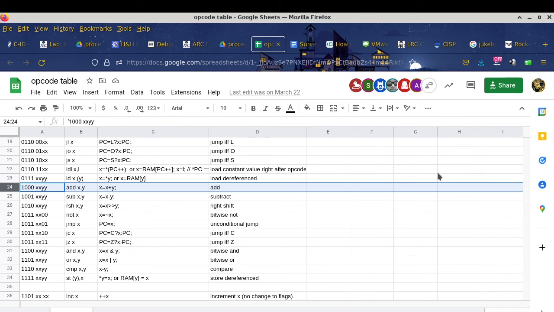And then we have ST. What is ST, right? Store. And the LD is load, and so on. You can actually see the description in column D. But this is called a mnemonic because back in those days,